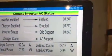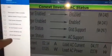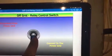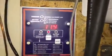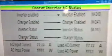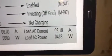Okay, I'm back here, and you can see right now I'm on grid support, and I'm going to get off grid support and go straight off grid. So now I am off grid. We should see that number climb or stay the same. Okay, let's see what the Connex is telling me, because I guess I'm not really using a whole bunch of power. So I'm off grid, and I'm not using, oh okay, well I'm only using